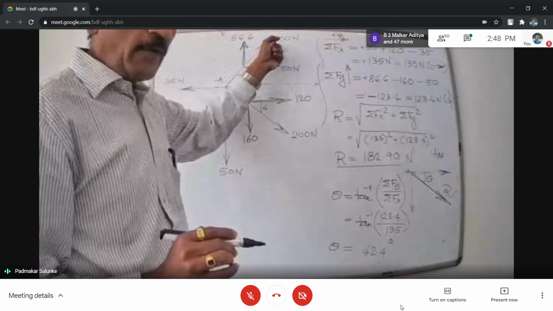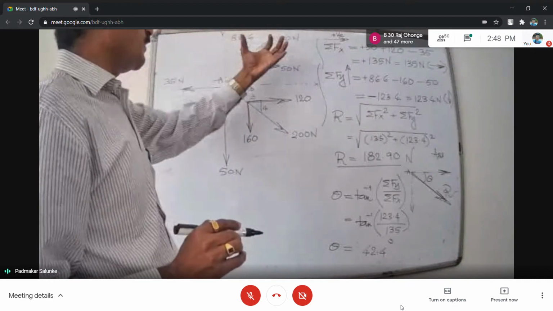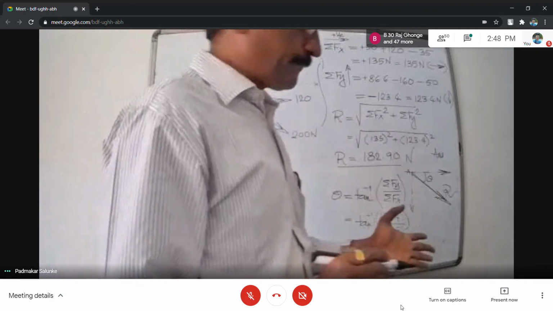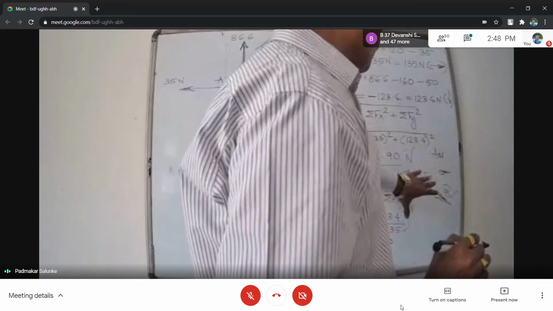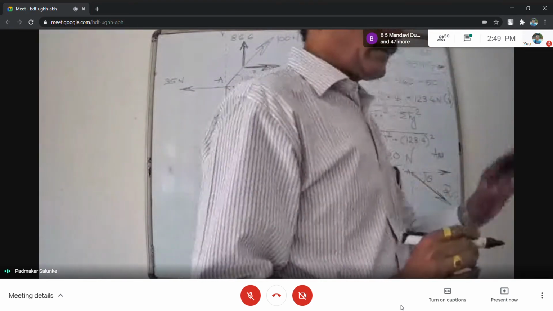To find out components of this, I have considered this force, and by looking from the top and sideward, the directions of the components that are coming are defined. Now here, by knowing the directions of the components, you have to mark the resultant. So accordingly, the resultant was marked.